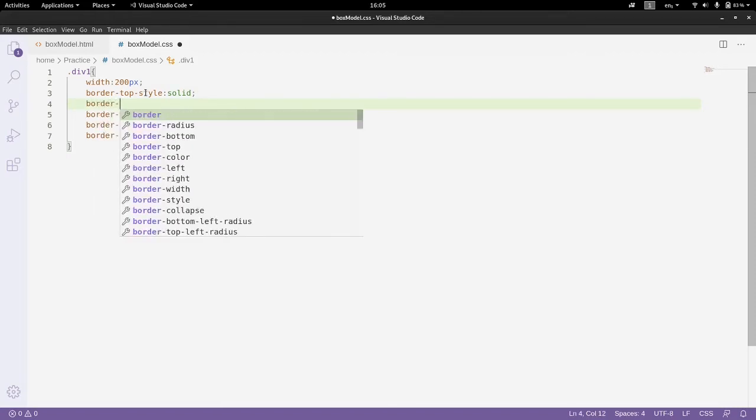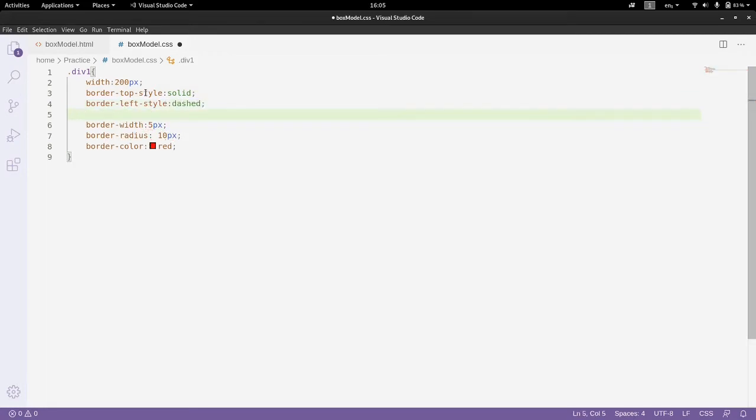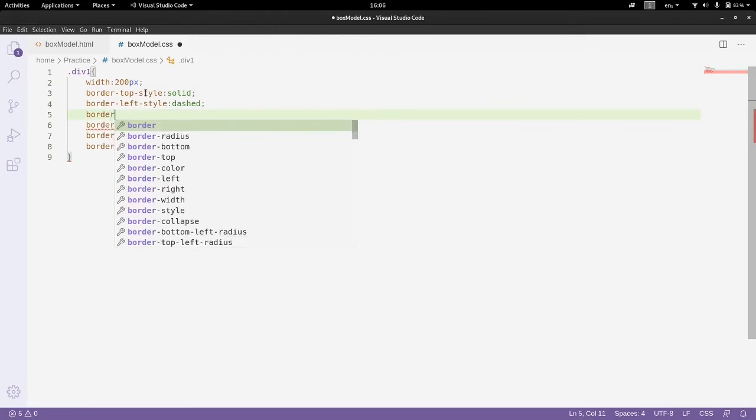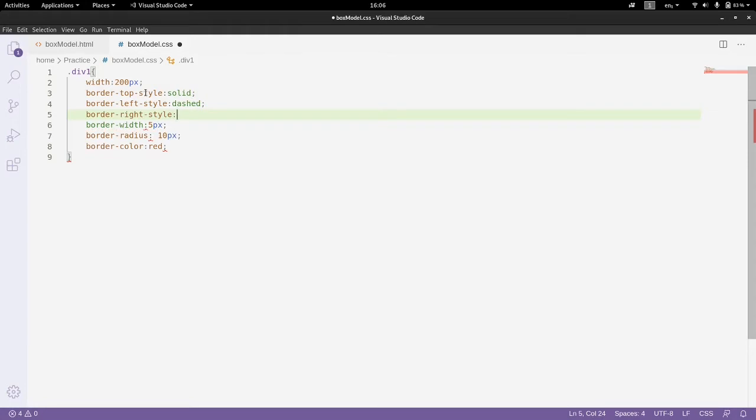We will choose a dashed border on the left side. So for that we will have to do border-left-style dashed, and a dotted border on the right side, and no border on the bottom.